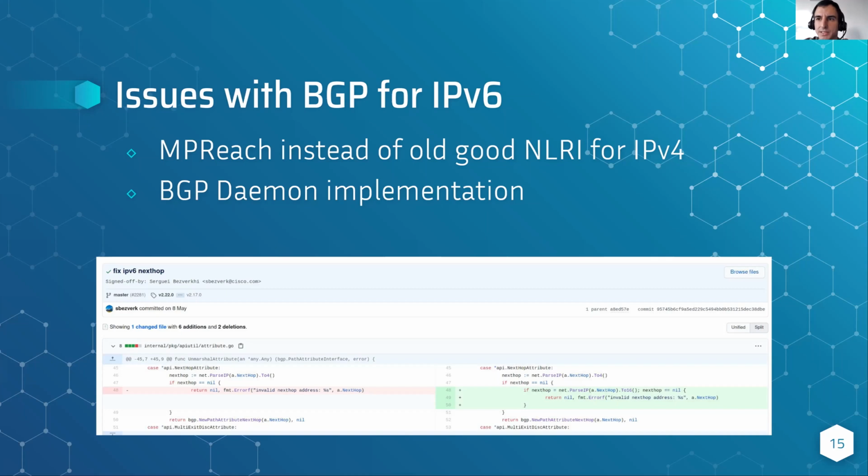One of the things we experienced was that next hop is not supported, because actually it was a bug in Go BGP, and thanks to this guy from Cisco, he fixed it. For our side, it was just an upgrade to the new version, and then here you go, it works. I think it's a great example of how open source works, because when one open source project depends on a different one, you can just ask people to implement it, but typically they had the same problems, because I suppose Cisco hit exactly the same problem. They tried to make IPv6 announcements, and unfortunately it failed, because nobody had tried to use IPv6 announcements in Go BGP with an IPv6 next hop.